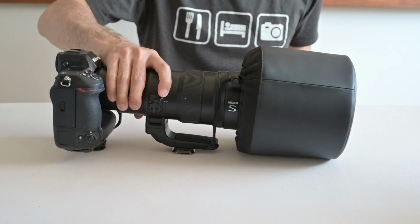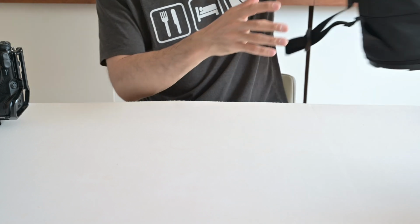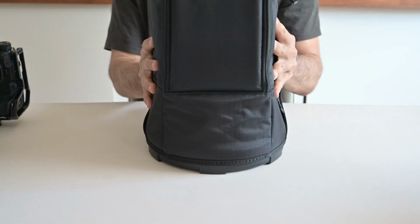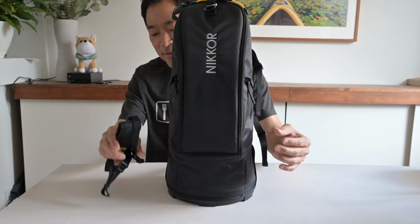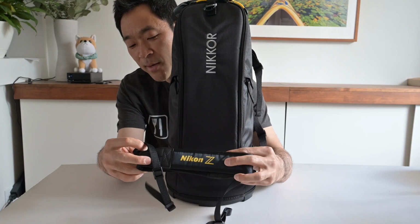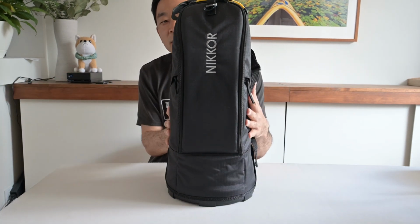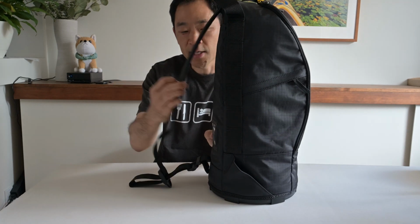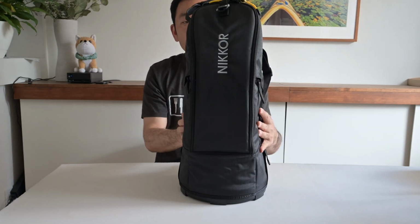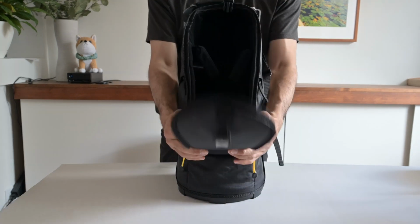So in addition to this, we also have the lens case. In addition to that lens, you do get the lens strap here, and this lens pouch or case here, which actually does have a shoulder strap, so you can carry it with ease. And all you need to do is unbuckle the top there, zip it down, and there you